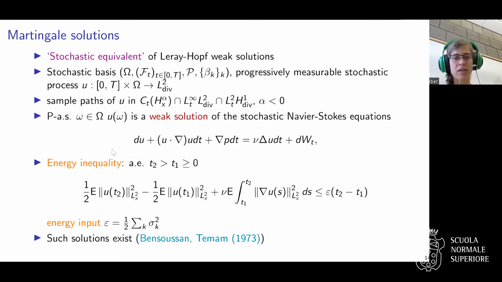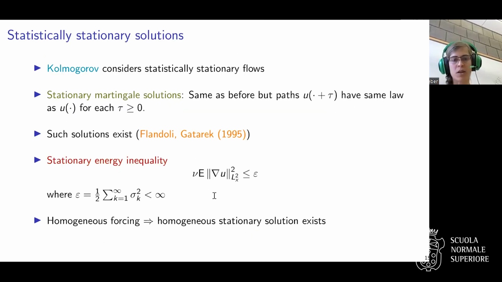So when you go back to the energy inequality from before, this term and this term will be the same, and your energy inequality will only involve this term here. That's what you get as a stationary energy inequality. Using the Poincaré inequality, you still get a bound on u from this, but it will not be uniform in nu anymore. That's going to be our main problem and where we need an assumption.